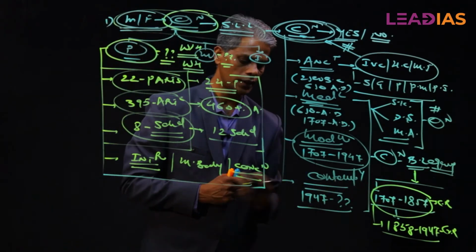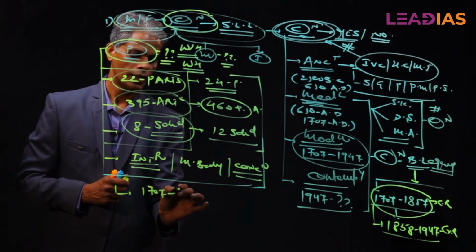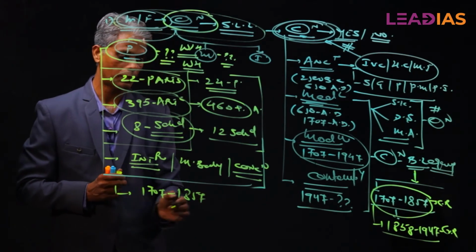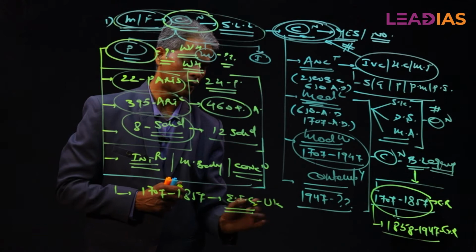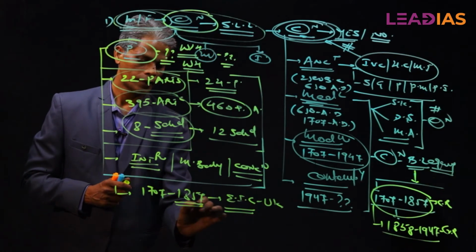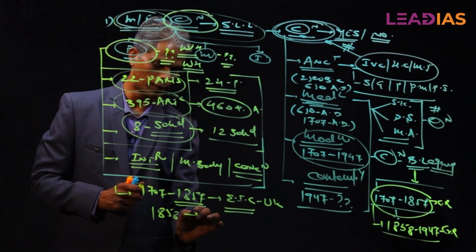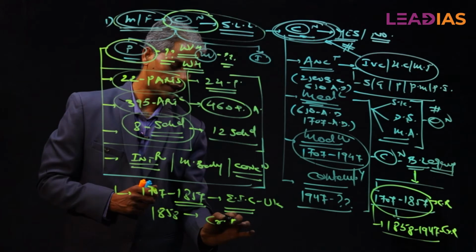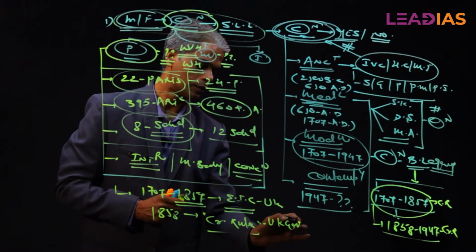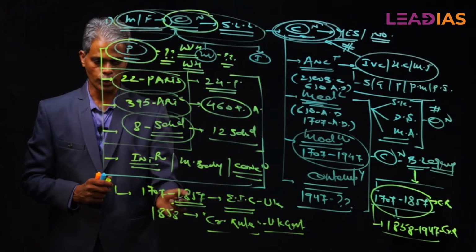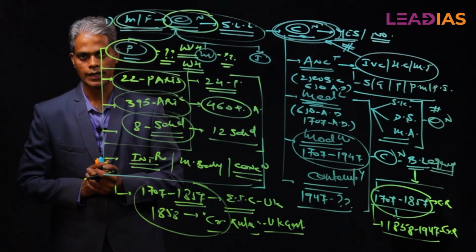Company rule means it was by the East India Company, that is, from 1707 till 1857, before the first war of independence, it was ruled by the East India Company, which was represented by the UK government only. And after the revolt, the freedom struggle or first war of independence, from 1858 the British Crown, that is the British government, took over the rule, and that is known as Crown rule, or directly the rule by the UK government, not by a representative. More details of this you'll get when you come across your history subject.